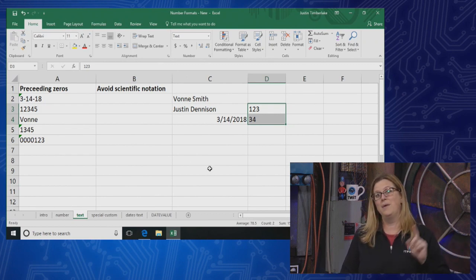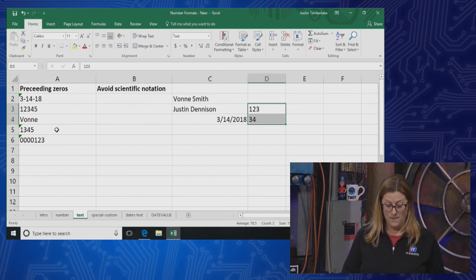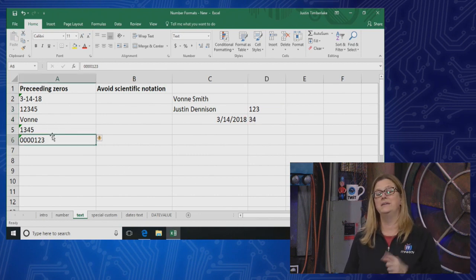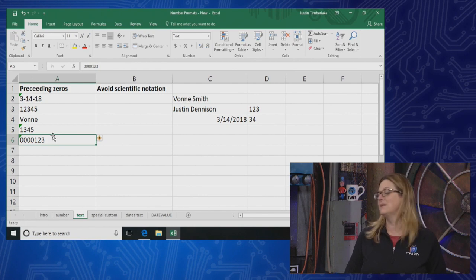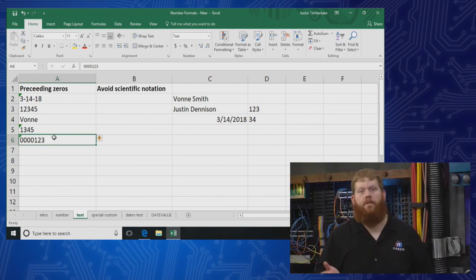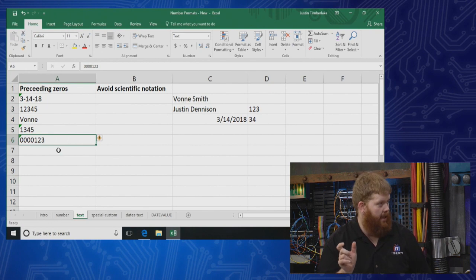So trying to format it after the fact, it will not remember it. You have to pre-format it to understand, keep the preceding zeros, because I want this to be text. And this may not seem like a big issue, right? However, if these are like ISBN numbers or product codes, where you may have a varying number of leading zeros, and you don't want those to go away, oh man, can you imagine going,